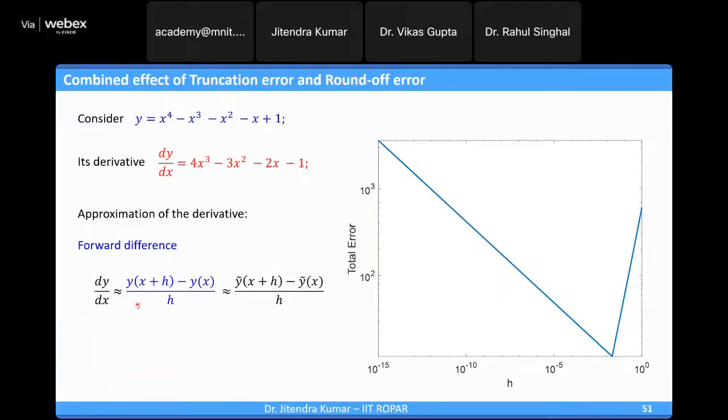First of all, when you are evaluating this y(x plus h) and y(x) in your computer, there is a further approximation, because you cannot store exactly what you are evaluating. There is always round off error, because there is no infinite precision in any computer. So whatever high precision computer you take, it will still round off, and then you will store not exactly y(x plus h), but let's say y tilde (x plus h). Here also y tilde (x) you are storing. So basically,